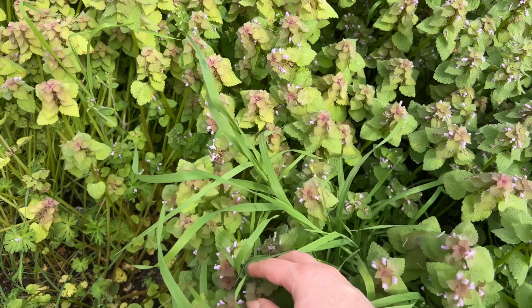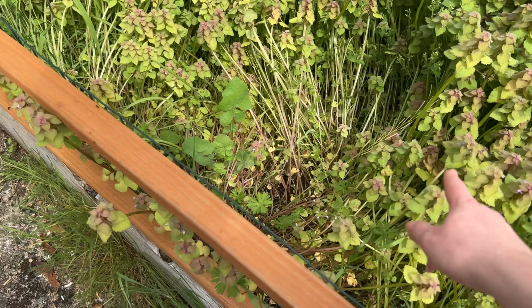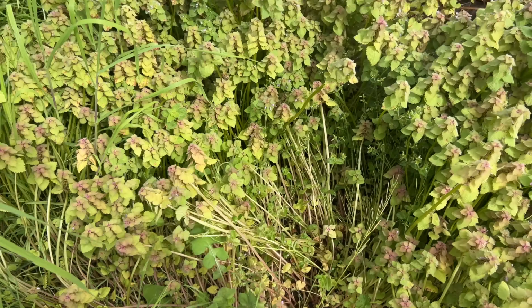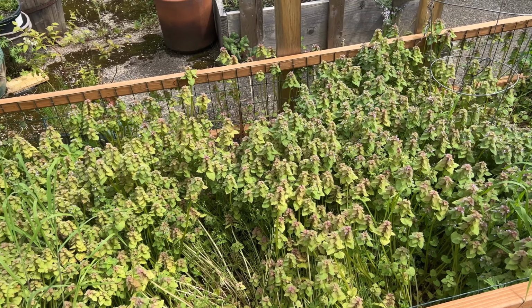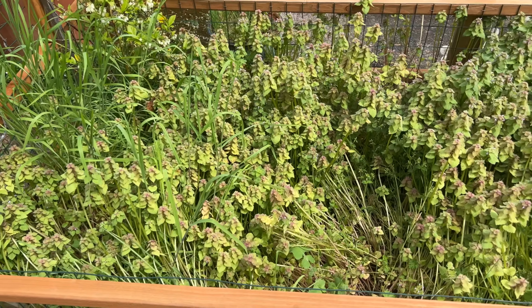So funny. Oh, it's so soft. You can tell something got in here. A squirrel maybe. It'd be a nice place to take a nap if I were a little animal. But yeah, we'll deal with this probably soon, because it's getting to the point where we can start planting